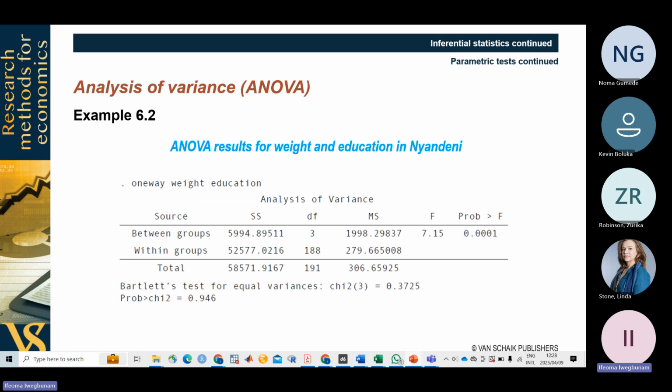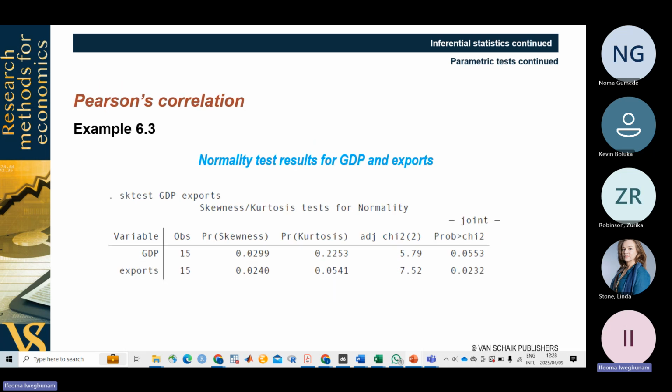This is an example of ANOVA results, between groups and within group, which we had interpreted in the book. Looking at the probability, it is highly significant. Then the Pearson correlation test, the normality test for GDP and exports. Assuming one is conducting research to understand the effect of exports on GDP,